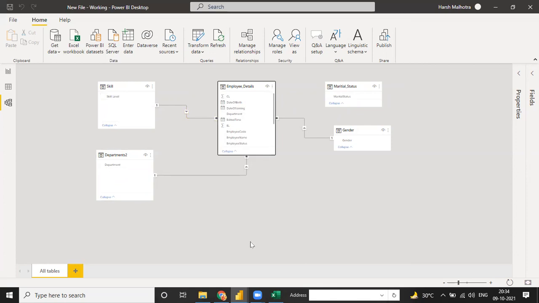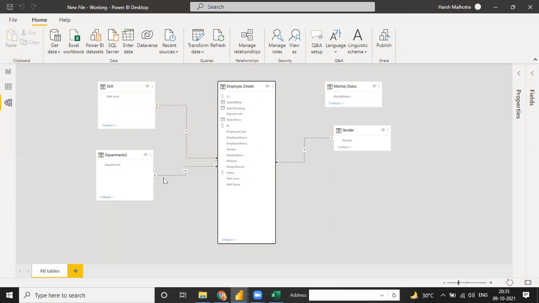And when I move bigger, click on this line, skill level to skill level. It means under the lookup table and under the fact table you have the same column, guys. This is the very best thing. If you don't have the same column, then what to do? You have to do some formatting, like make some DAX function to bring this column into this table, making the function related table. We have different kinds of functions, I will tell you later, but right now you have to remember one thing: while making a relationship, the same column should be mentioned in the lookup table as well as the fact table.